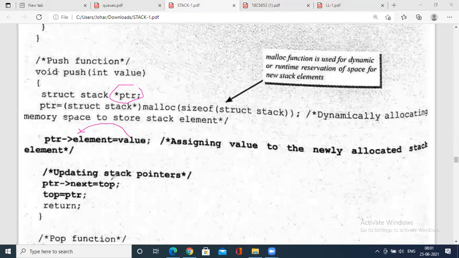Then change the top value: assign top to the ptr's next. You are going to change the top value also, pointing to the next. And finally, not only pointing top to the pointer's next, you assume that the first element which is inserted is my top value.